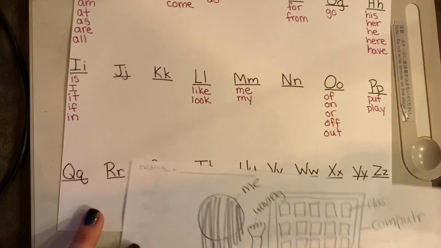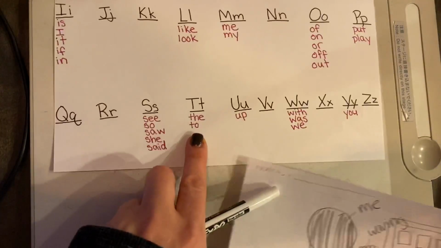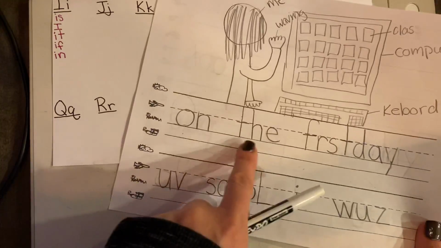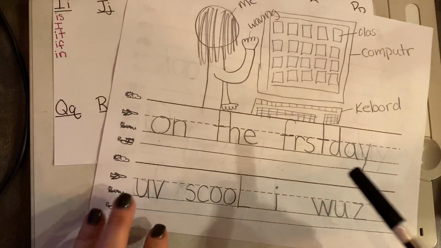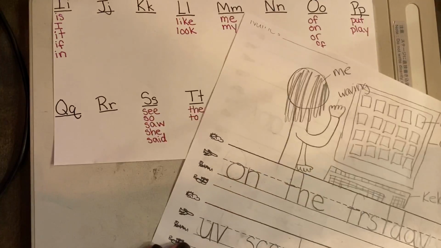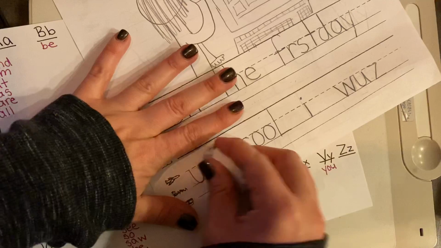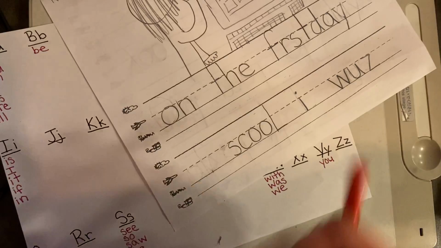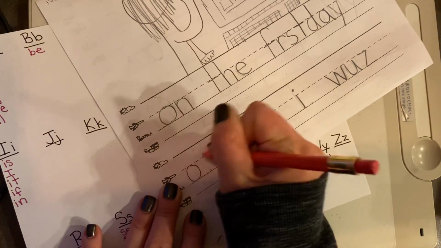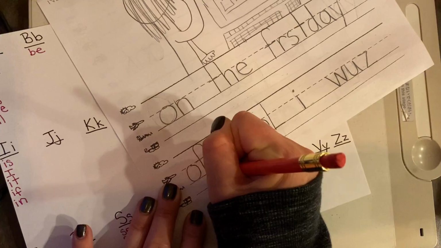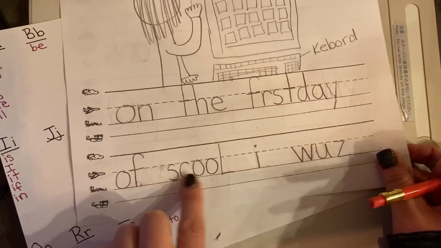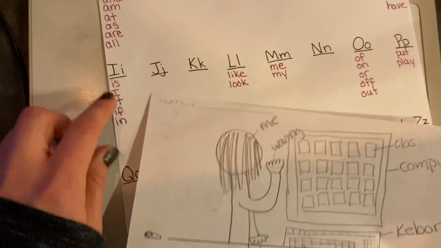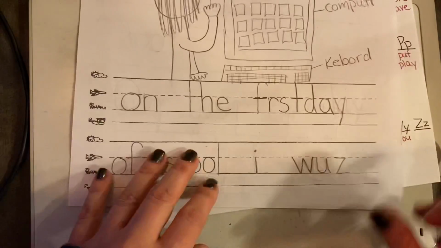I'm good there. The, T-H-E, the is spelled correctly. I'm good there. First day of, this is not how we spell of, is O-F. So I need to erase that really, really good. And our goal is to erase it so we don't see that word that we erased underneath where we're going to be writing a new word. Of, O-F, of, there we go. School, I, remember when I is by itself, it has to be an uppercase, so I need to fix that.